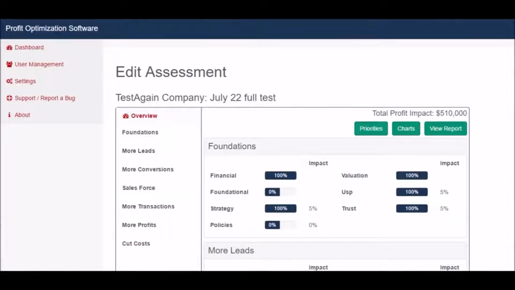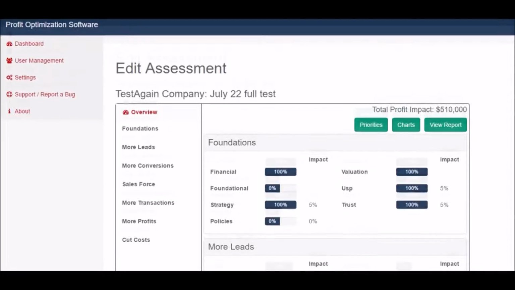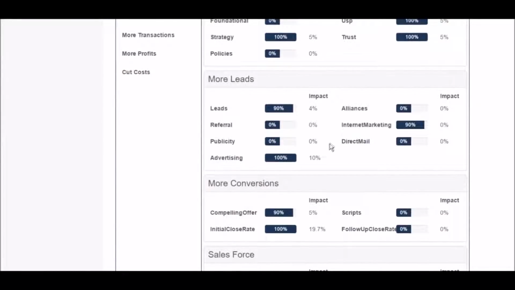We're in the overview section of a sample company. You can see that we've completed the sections of financial and valuation, and then we have a few sample increases in strategy. We have 5% for market dominating position in USP, 5% for trust, expertise, and education. Under leads, we gave 4% impact in leads, 10% in advertising, and then compelling offer 5%, initial close rate 19.7%,